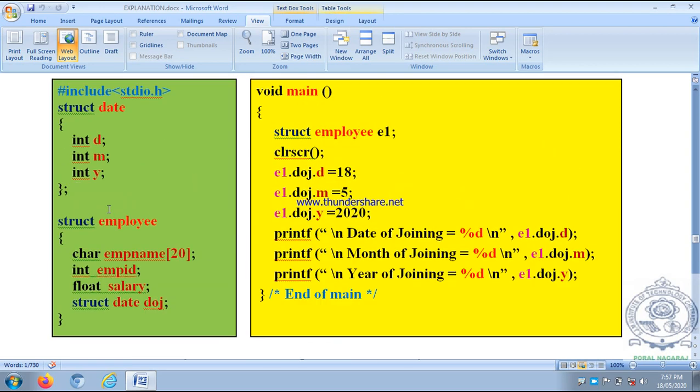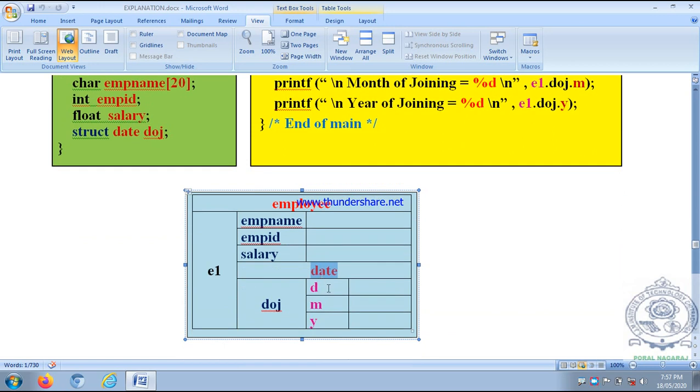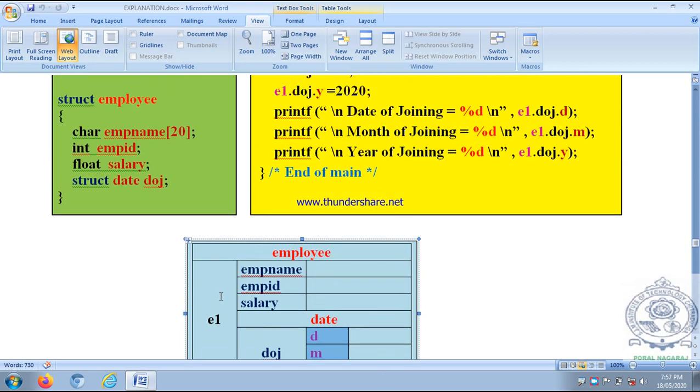The date data type has three members D, M, Y of integer data type. So this is the scenario of reserving the memory for structure variable e1.